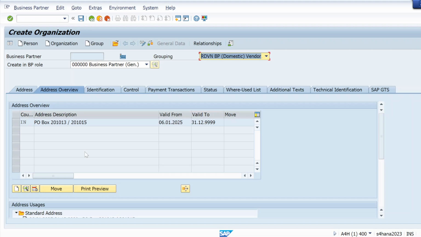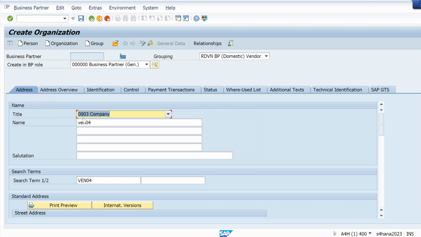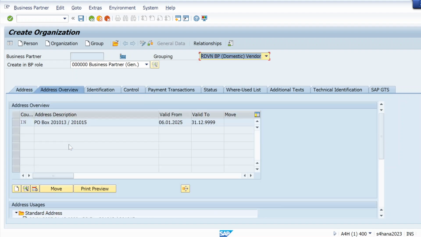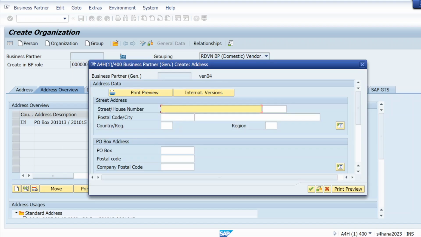So what's the significance of that address overview? You can see here whatever address we have entered, it's coming here in address overview. Okay, like validity and address and country. But if I just want to maintain one more address here, I can add on here. So let me add one more address here.